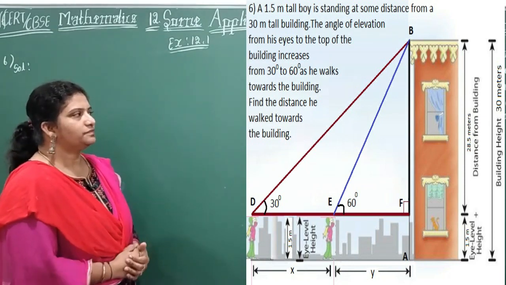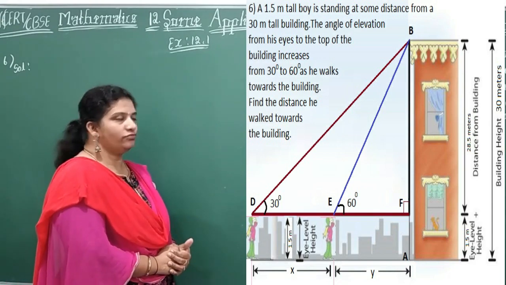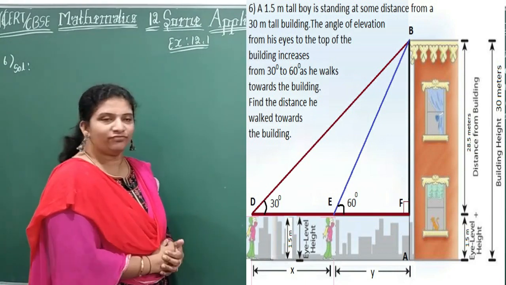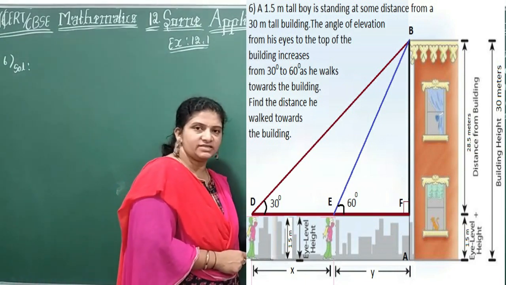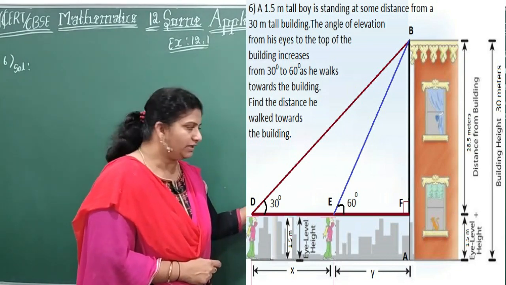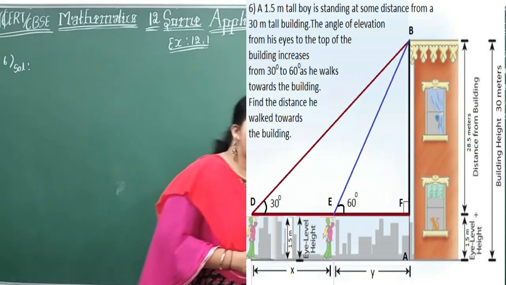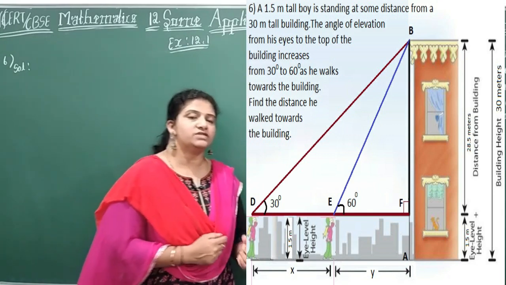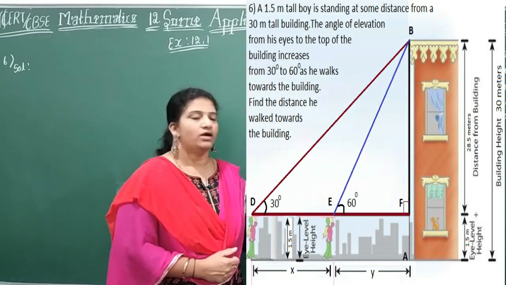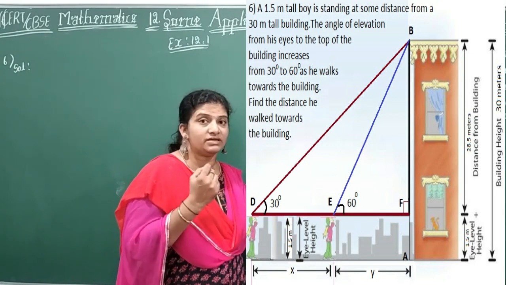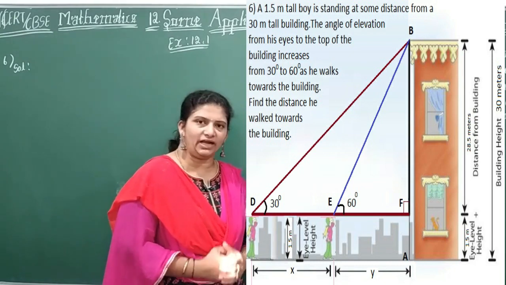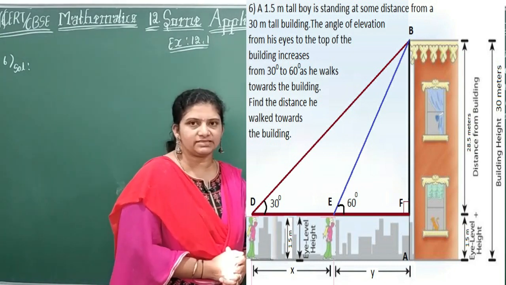Okay, look here. Tall boy of height 1.5 meter. Can you see the tall boy children? So look here carefully. A tall boy, what is his height here? 1.5 meter. And there is a building you can see here. This is a building of height 30 meters. So you should observe a point here carefully children. The boy is observing from his eye. Eye means his height you have to remove from the building. That point you should understand here children.